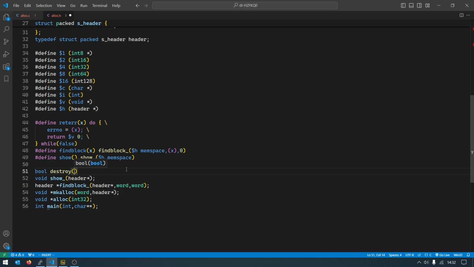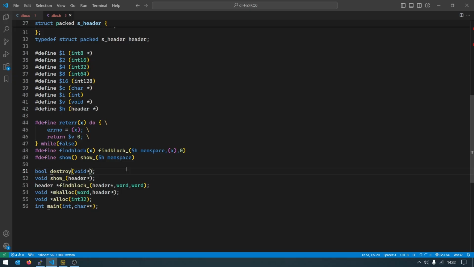So this will basically be, let's see, it's not a header. I guess we can call it a word, maybe. What does the alloc function return? It returns a void star. Perhaps we should go with that then. So void star as the only argument,